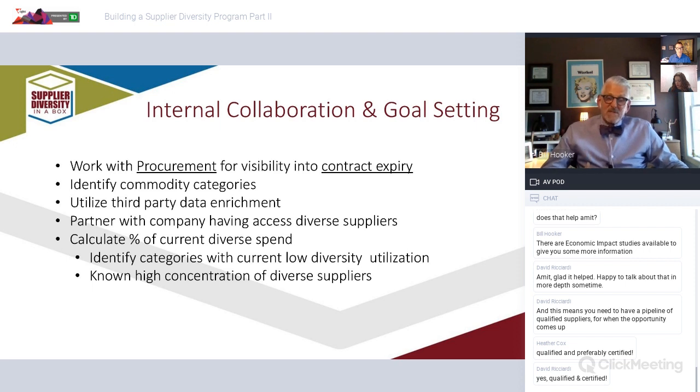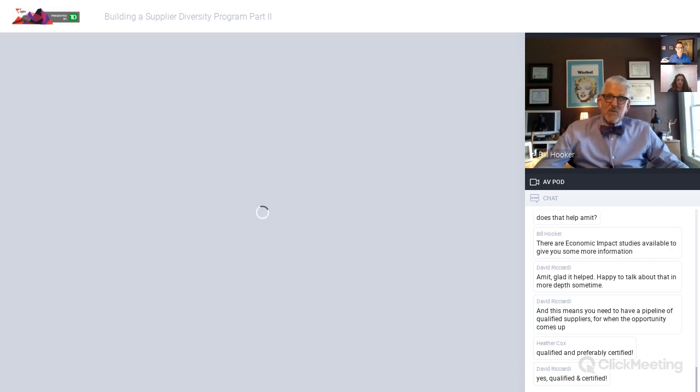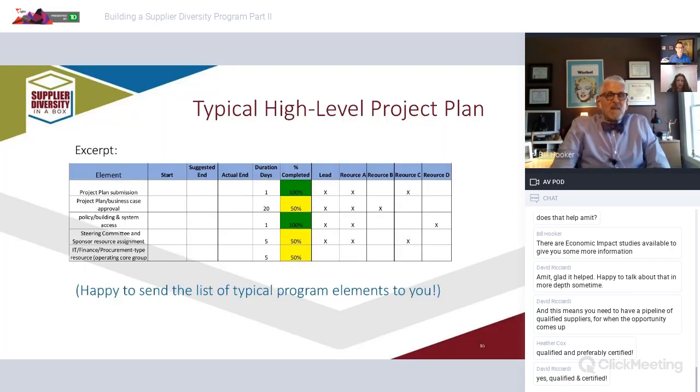In your travels as a supplier diversity professional, you're going to go to these outreach events and you're going to come across suppliers. Your line of business and your procurement folks aren't necessarily going to see those same suppliers, and you're looking at them through a different lens. So it's really important that we do have that strong bond between procurement and line of business. Very critical.